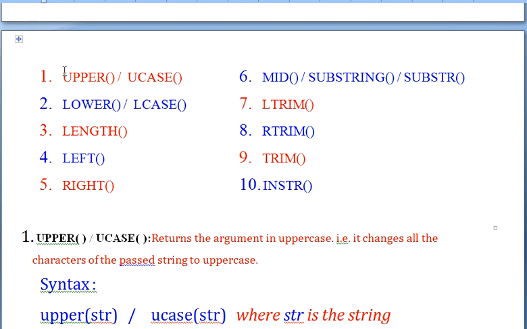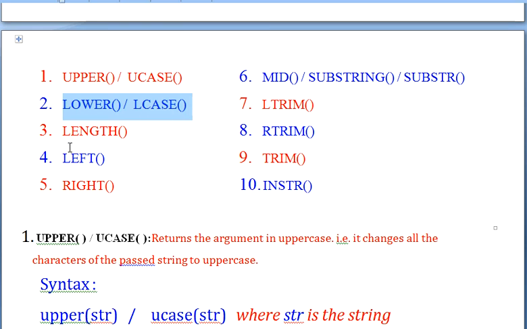As the name suggests, they are going to carry out the same operation. Here you can see the first function is called upper. This is a function which is basically used for converting lowercase letters into uppercase format. In place of upper you can also use UCase. And the second function is called lower. Lower will convert the given string into lowercase format. In place of lower you can also use LCase.